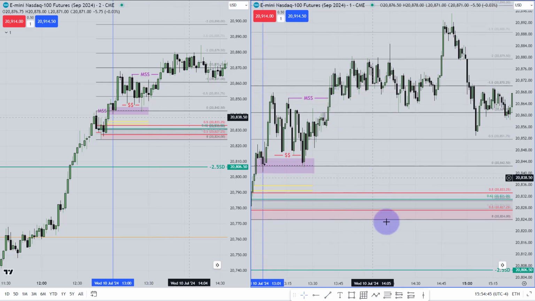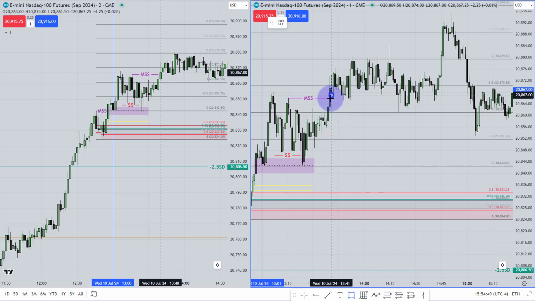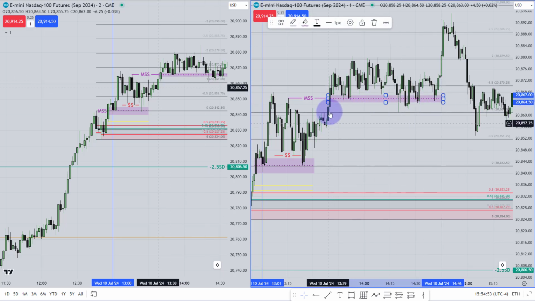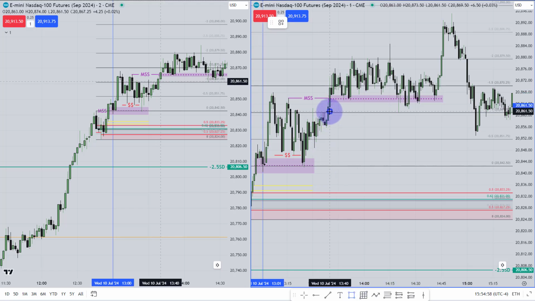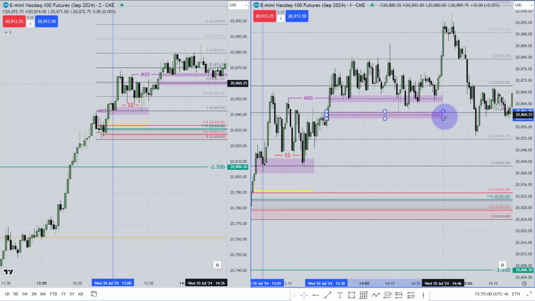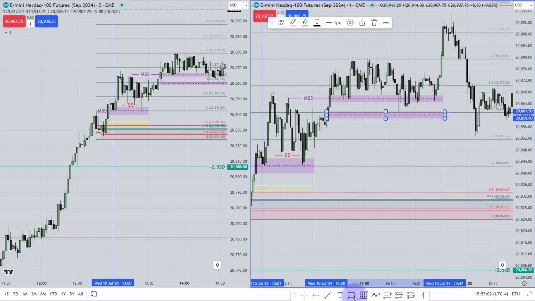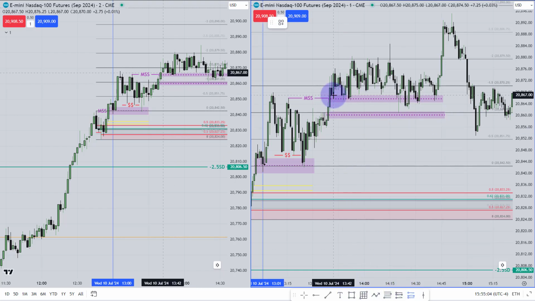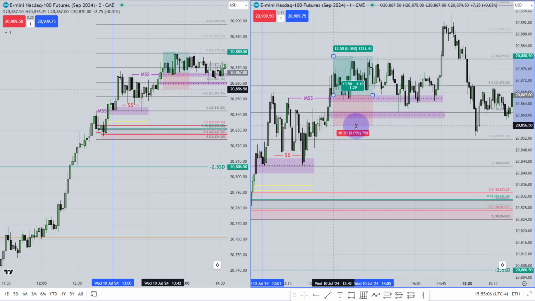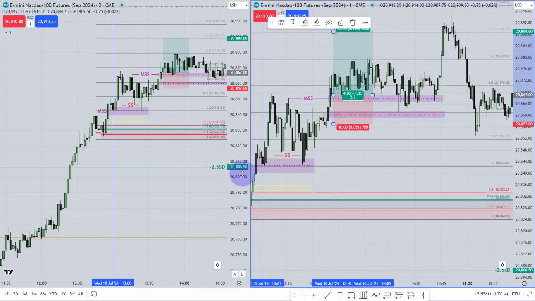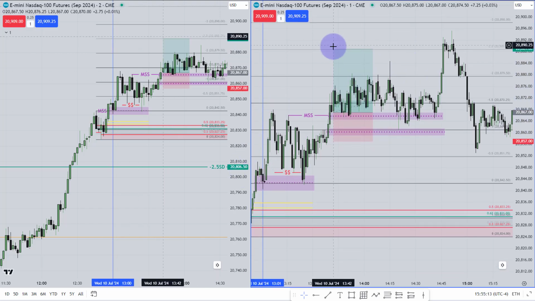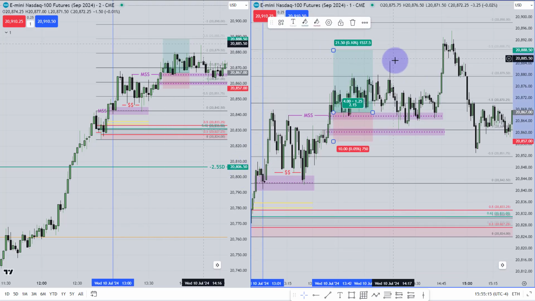Now here is the entry fair value gap, same logic again. This is the entry fair value gap over there. I would love to mark that entry fair value gap, and this is the breakaway gap, so I will mark the breakaway gap as well. You can take re-entry to that entry fair value gap. Here, your stop loss should cover the breakaway gap, and you can target minus 2.5 standard deviation with the same range.